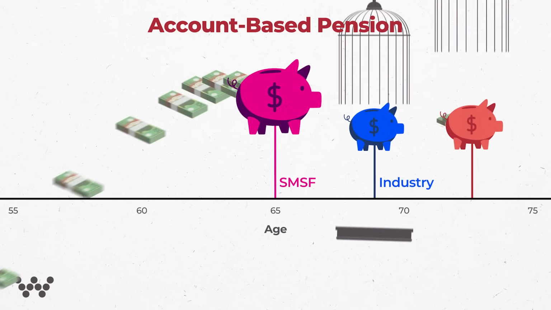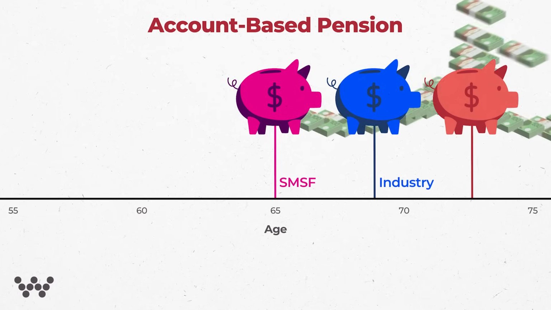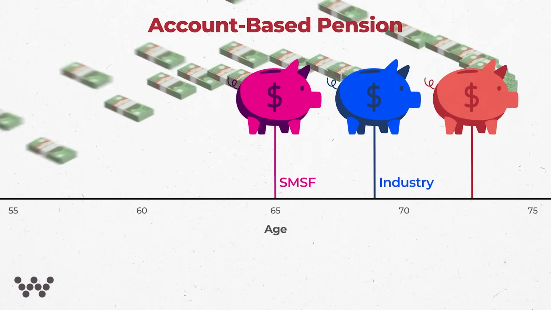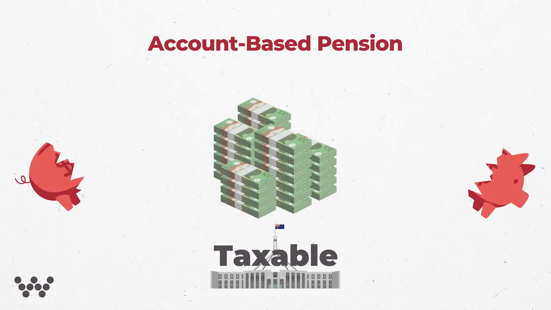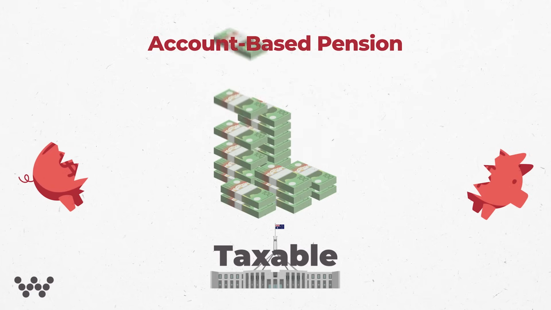So the first one is always look at starting a pension as soon as you've met a condition of release. An issue I see is that when people head to retirement, because they aren't informed, because the information hasn't been provided to them, they just end up taking money out of superannuation altogether and putting it into a taxable environment. And they could be thousands and thousands of dollars worse off every year.